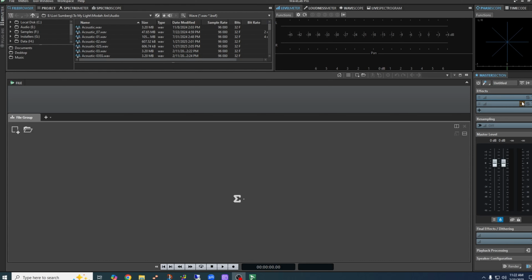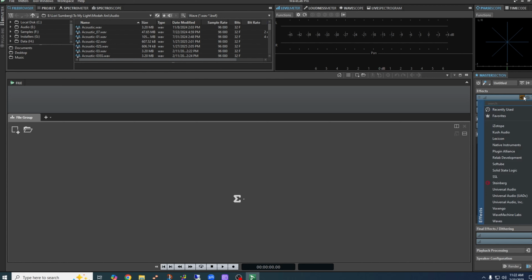I have the Waves Mercury bundle, and what happens is when you buy a bundle like that, that's that huge, as time goes on, more plugins get developed and they get put into the bundle. So as long as you're doing your Waves update plan, you keep getting more plugins. The reason I'm in WaveLab is because the way it's categorized in here is by manufacturer. And then in my other program, I got it categorized by actual function. So distortion, reverb, things like that. So I wanted to show you here's all the different